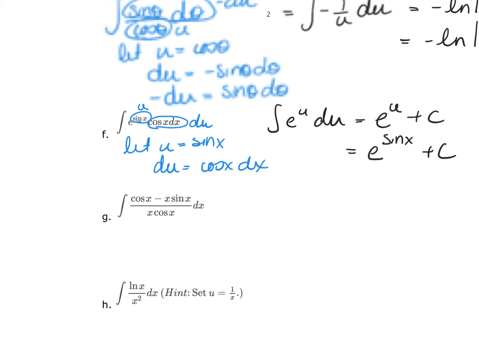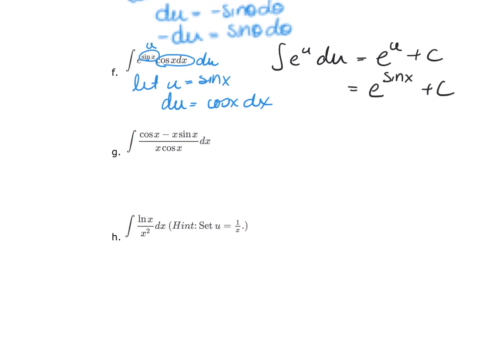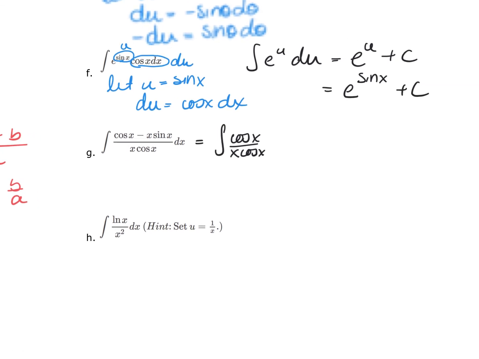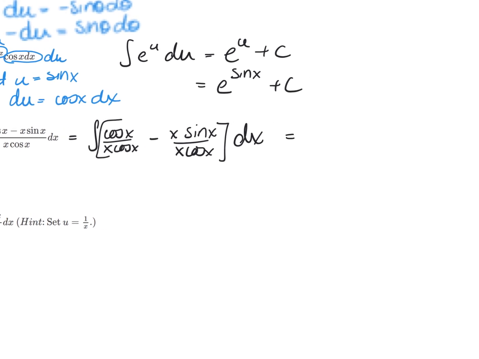All right. Now, G, what I'm going to do is use the algebra rule that says if I have a minus b over a, I can write this as a over a minus b over a. So I'm just going to rewrite this as the integration of the cosine of x over x cosine of x minus x sine x over x cosine of x dx. So then this becomes the integration of 1 over x minus the sine of x over the cosine of x